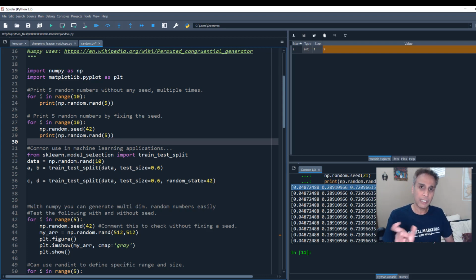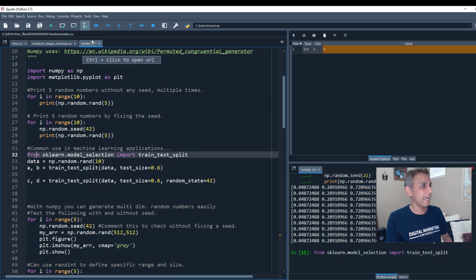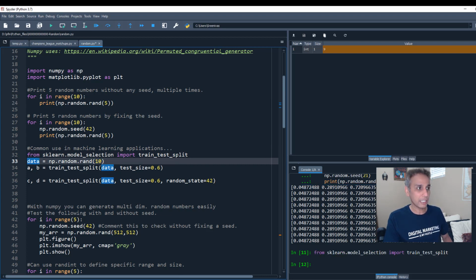So the different techniques, again, let's not deviate our focus here. Our focus is to understand random. So let's come back and go ahead and import our train test split. Hopefully you know this, especially if you come from a machine learning background. What does it do? I give a data set with n number of data points, and this function can split that into whatever ratio I ask it to.